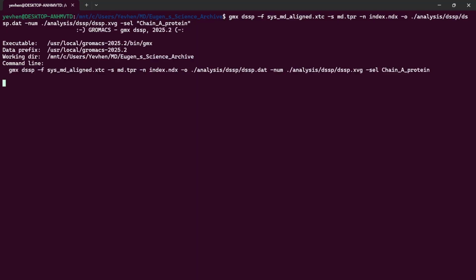The dssp tool requires you to provide the path to your trajectory file, topology file, and index file, and also to specify a dynamic selection of the index group. As for the output, it currently produces two output files. One is the main .dat file with structural information, and the second one is the XVG file with statistics